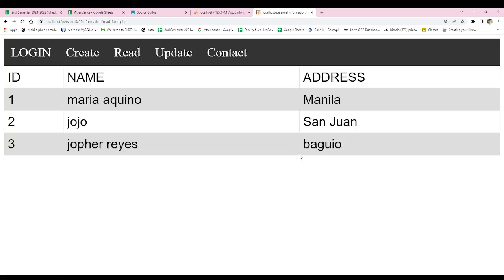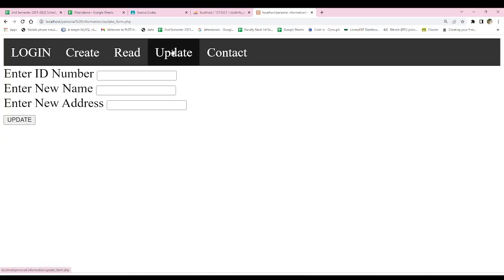Okay, next we have the delete. So same with the update. One of the requirements for updating is you should have a unique data. Like for example, in my demonstration, the unique data is the ID. Okay,